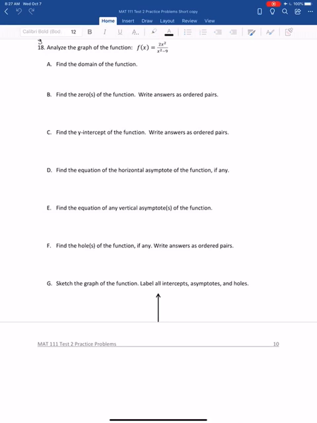All right, moving on. Let's do another rational function. We'll look at analyzing the graph of the following rational function, and then we'll sketch it using its characteristics. So as we mentioned in our last problem, our first step is we want to go ahead and factor the